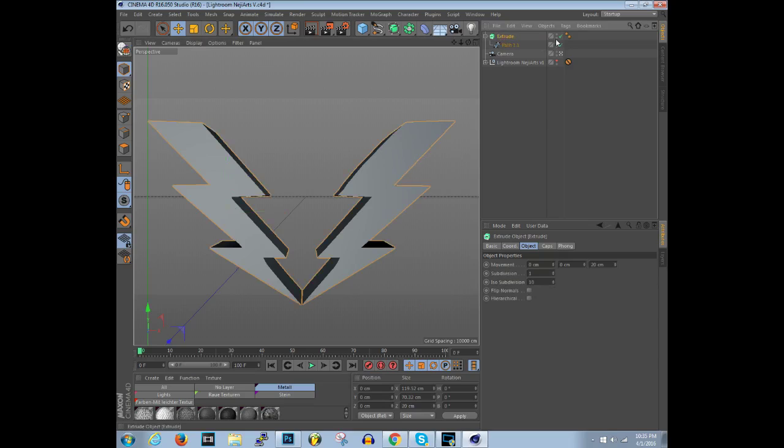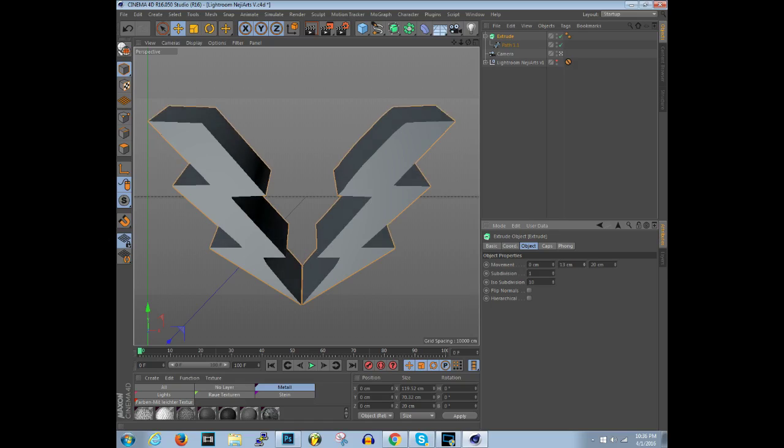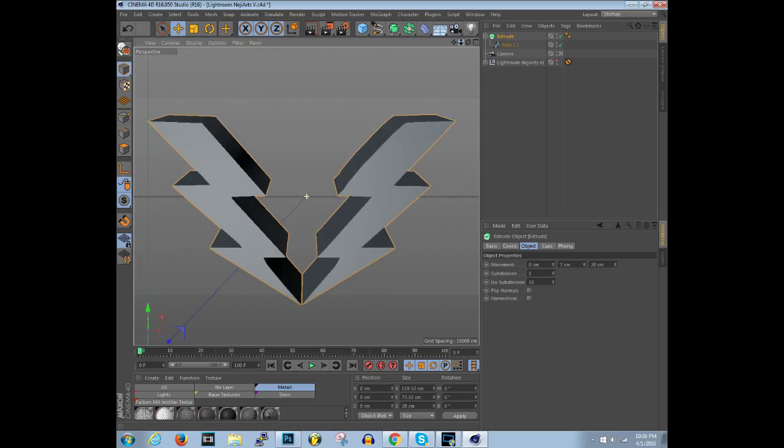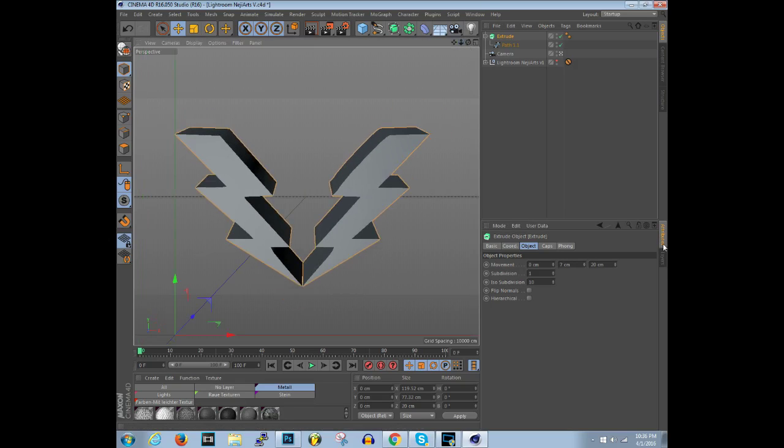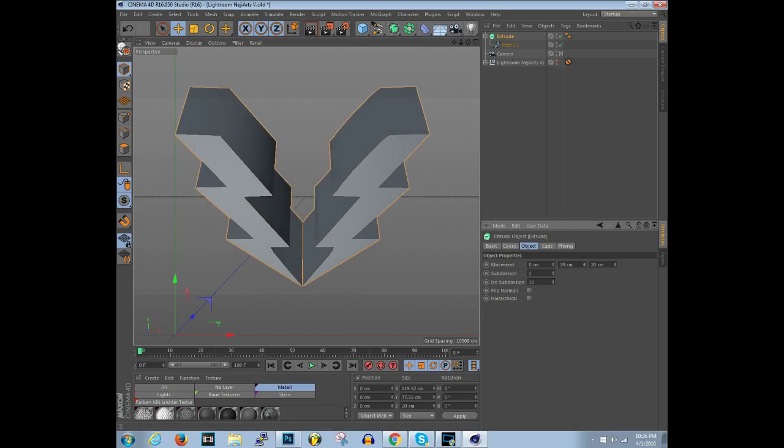And to add more depth, you want to click on the extrude, the top thing. You want to go down. If this is not already on objects right here, you want to go all the way to objects, and then go to movement and change this to 80, or you can change it to anything you like, but if you're making a gaming logo, I prefer something with a good amount of